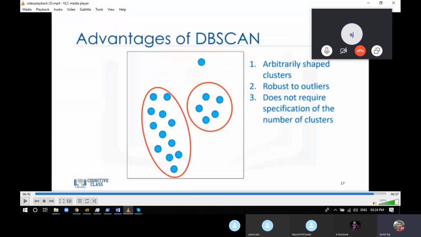r and m. There's one more disadvantage of DBScan: it's not really good at finding clusters which are sparsely populated. There's a possibility that the cluster you have is not equally dense. For example, there's a cluster, but most of the points are on the right side and a bit fewer on the left side. DBScan doesn't work very well there. If your model has a cluster which is partially or unevenly populated, DBScan can go completely wrong in that particular model. So before applying DBScan, make sure that your model has clusters which are densely populated, or